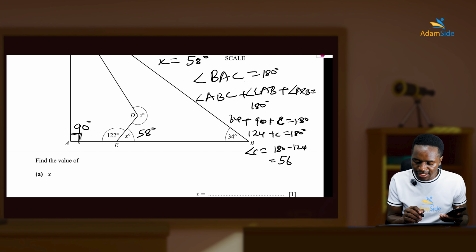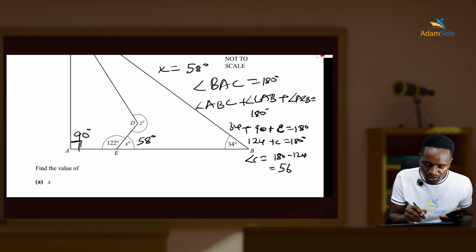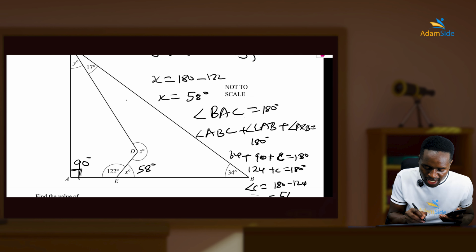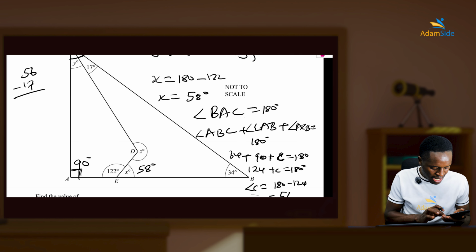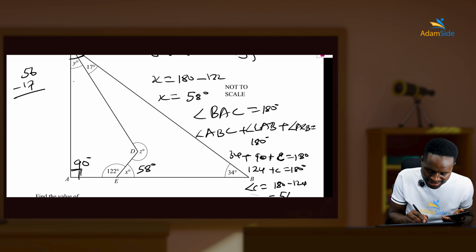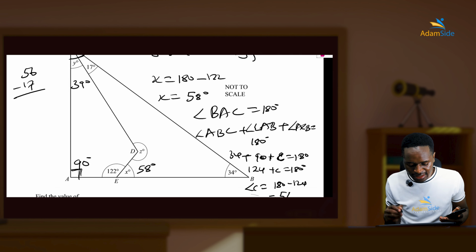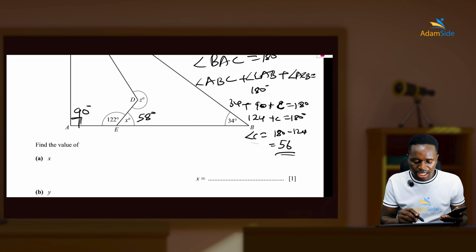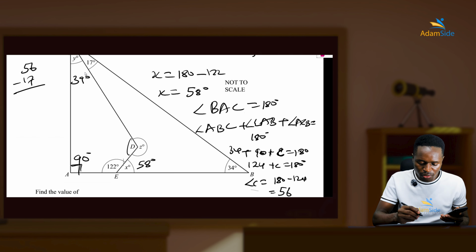So if angle C is 56, angle C also has 17 degrees. So we say 56 minus 17, because angle C is all of that. So 56 minus 17, what do you get? You get 39 degrees. So angle Y is equal to 39 degrees. Correct. Now, we have 39, we have 90, we have 122. Remember, we have angle AED and C. These ones are quadrilaterals. And we know angles in a quadrilateral add up to